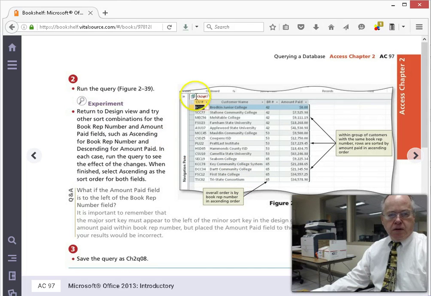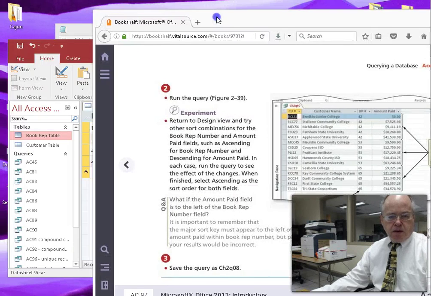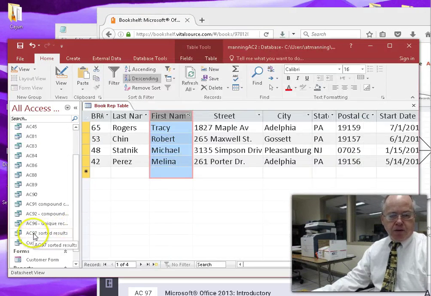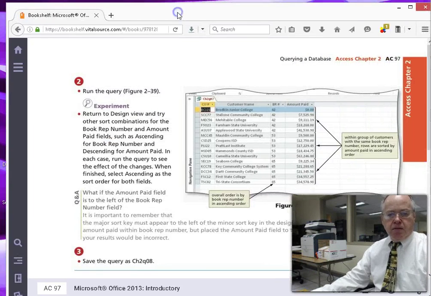Oh, I've got AC97 all the way up here. And I haven't done, oh, sorry, I have gone to AC97. I forgot. There we go. AC97, I think, which gave us a query sorted